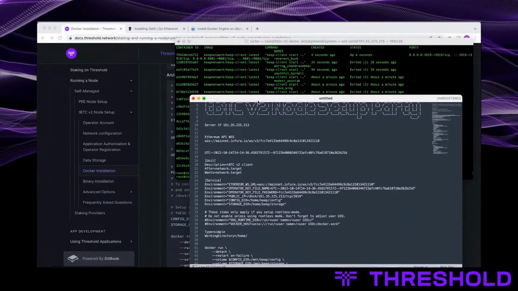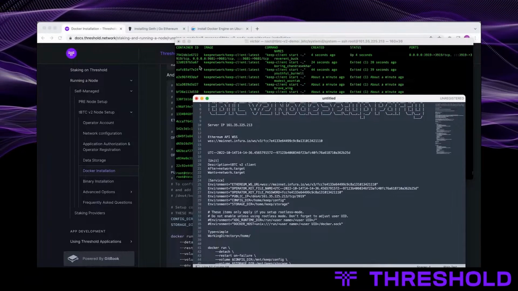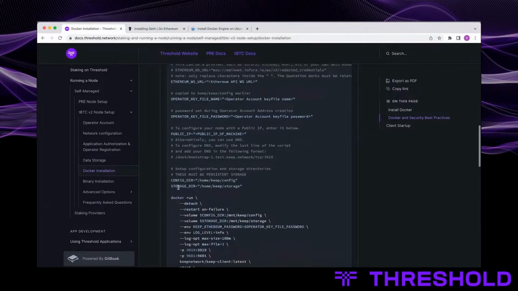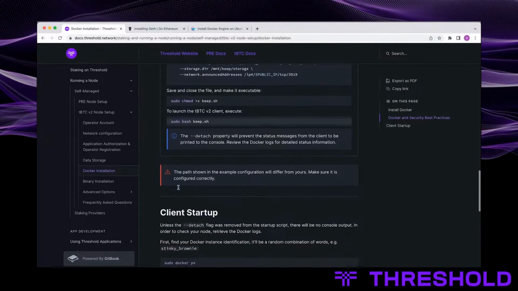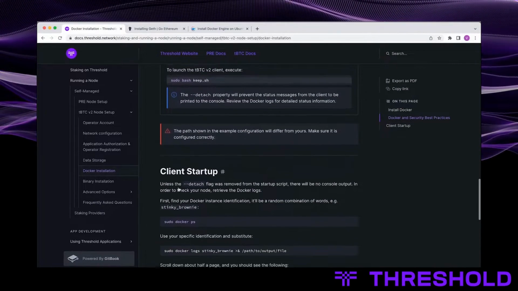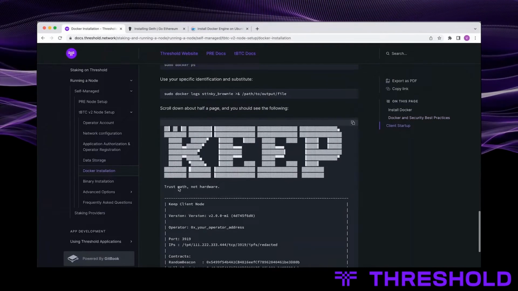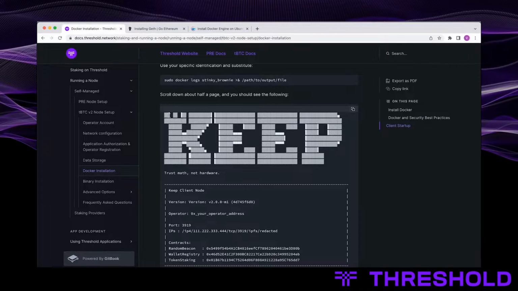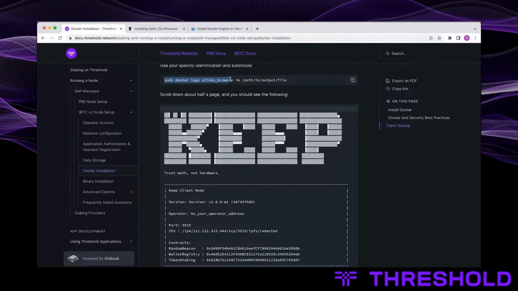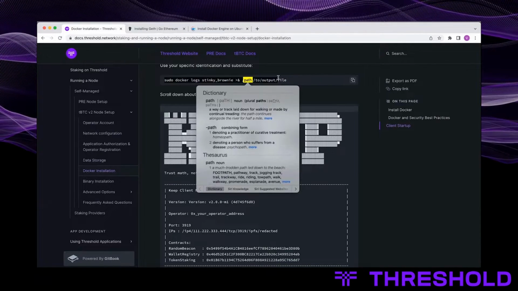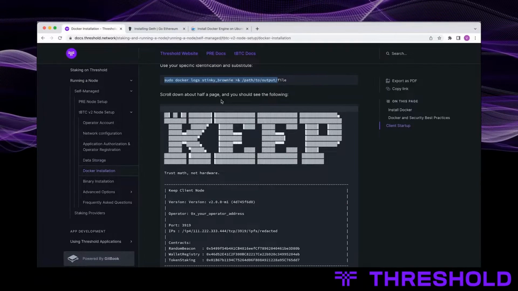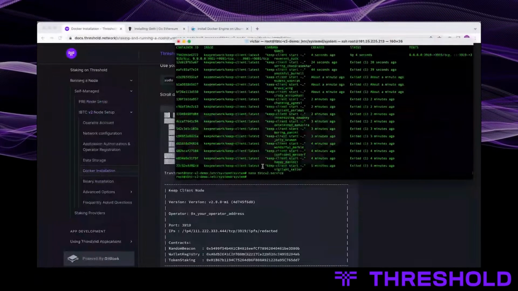Yeah, I guess we can go look at the Docker logs. Take a look at that. So this is what you would expect from the logs. Let's just look at the logs and see what happened.